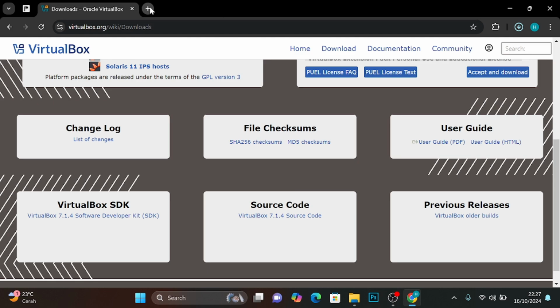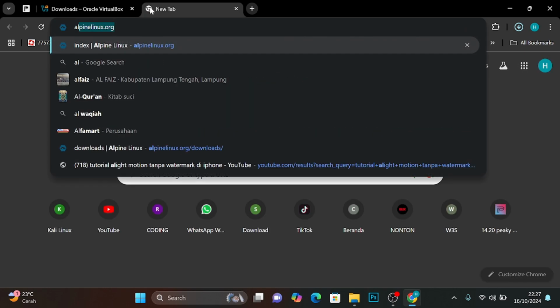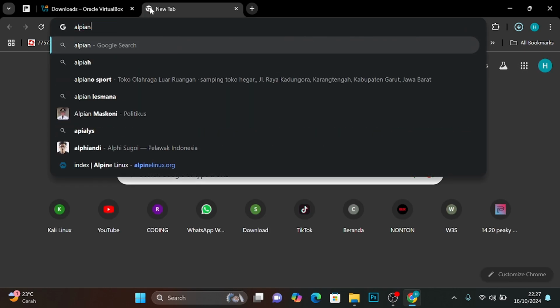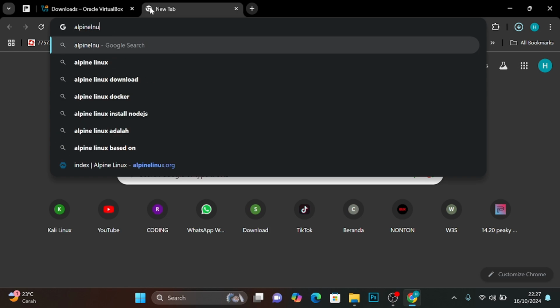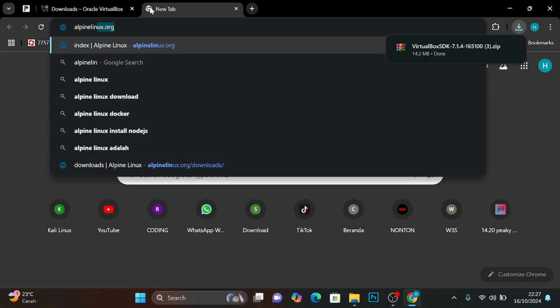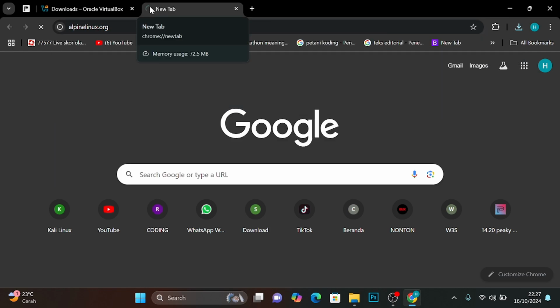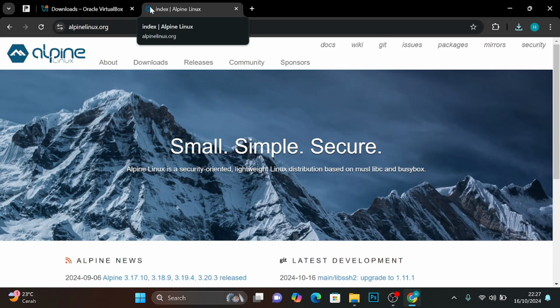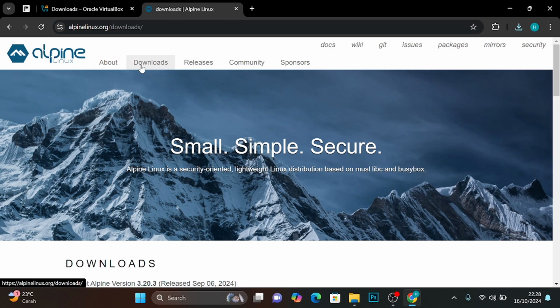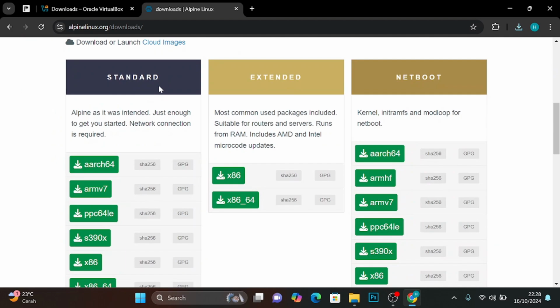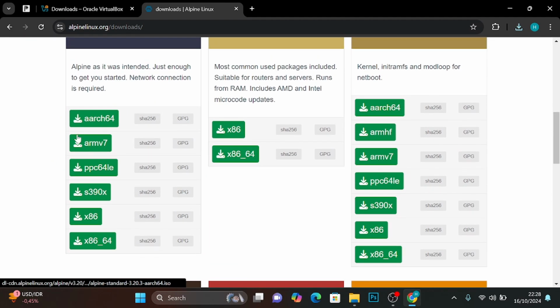Okay, let's go. Click download, swipe, and click on x86_64.